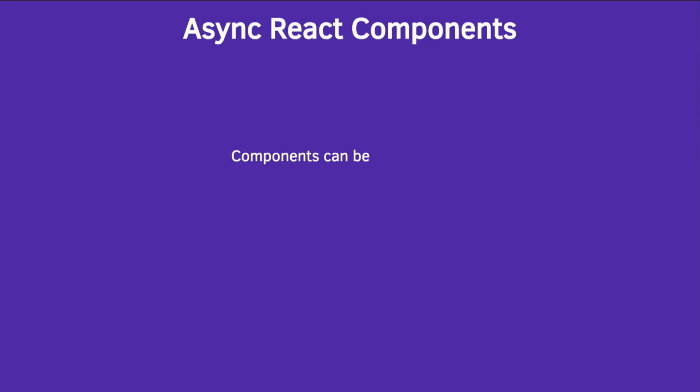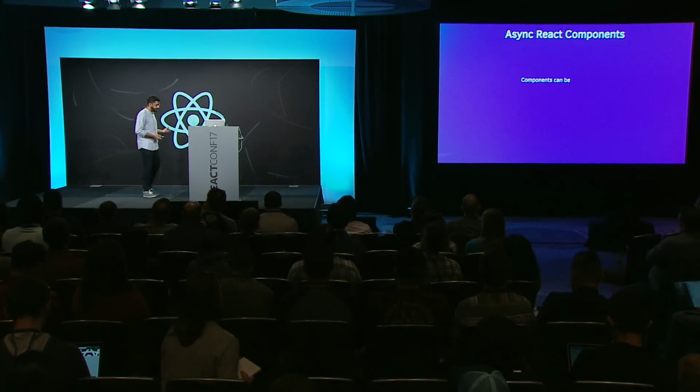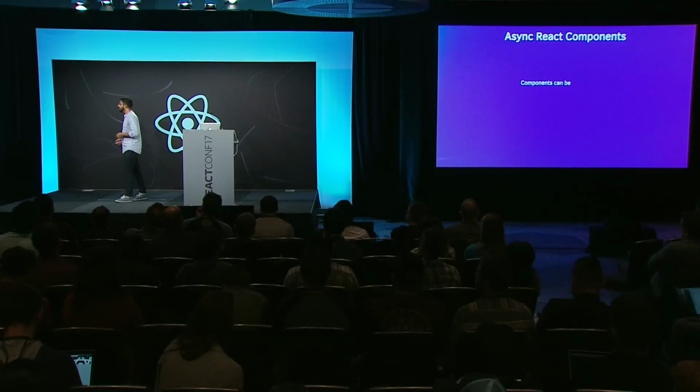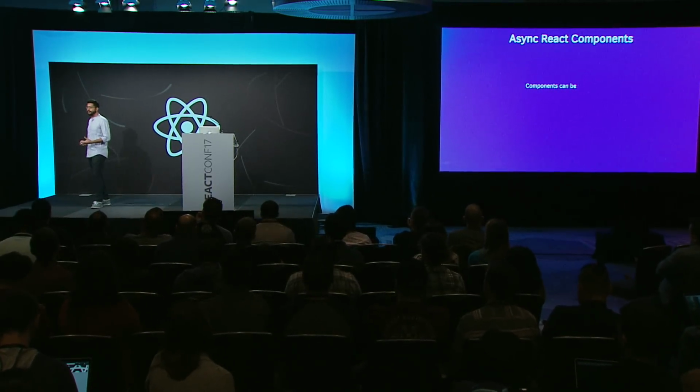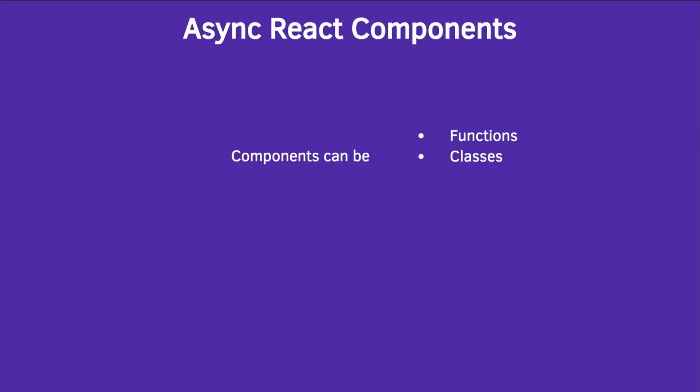Now, coming to how we can use this in React. So whatever I said right now is sort of more generic. But the power of React, where we're treating UI as a function of state and we're using functional programming paradigms, lend to some pretty powerful things that you can do with code splitting. So in React itself, components can be functions. I mean, we love our stateless functional components. They can be classes, which is how most of us write. But they can't be promises. Not yet, anyway. With Fiber, that's definitely something that's on the horizon. In fact, I think there's a PR open adding support for promises as first-class citizens for components. But today, you can't do this.